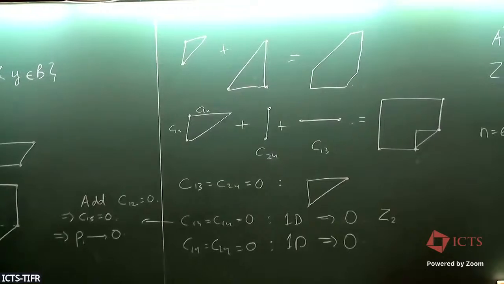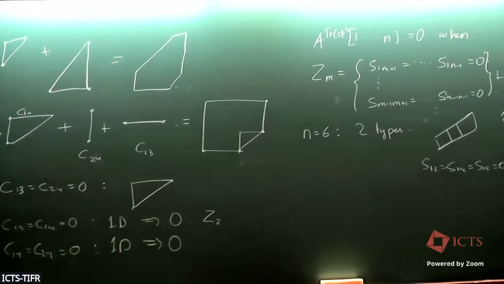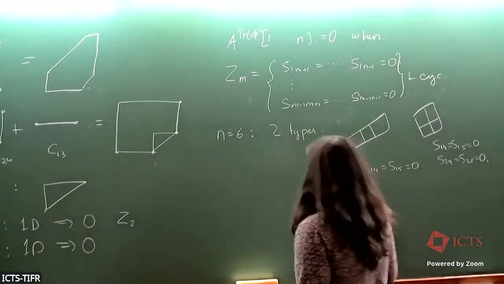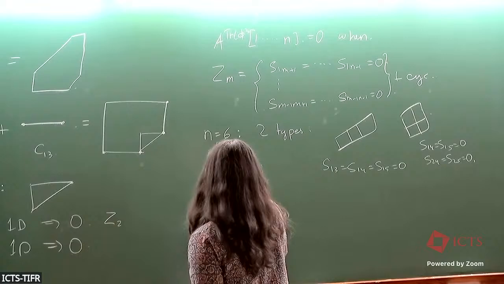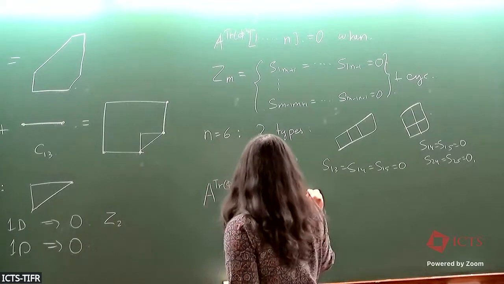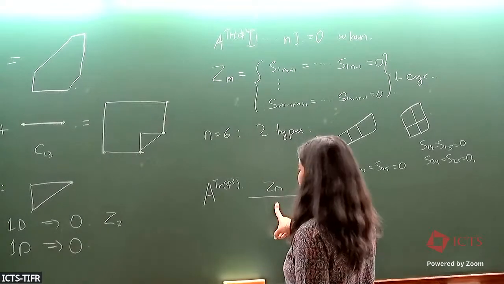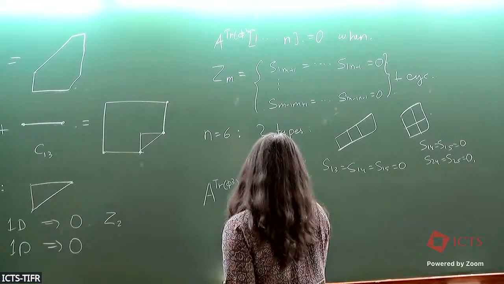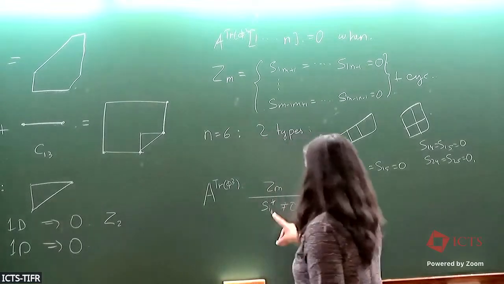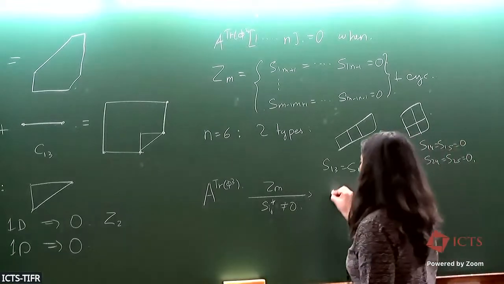Good. I will say though, if this was the end of the story, I think it would not be as interesting. But the amplitude itself, A trace phi cubed, splits on the support of, or near the 0. So if I go on to Zm, and I choose one of these S's to be non-zero, so Sij star doesn't equal 0, where Sij lives in one of these, then the amplitude looks like A4,